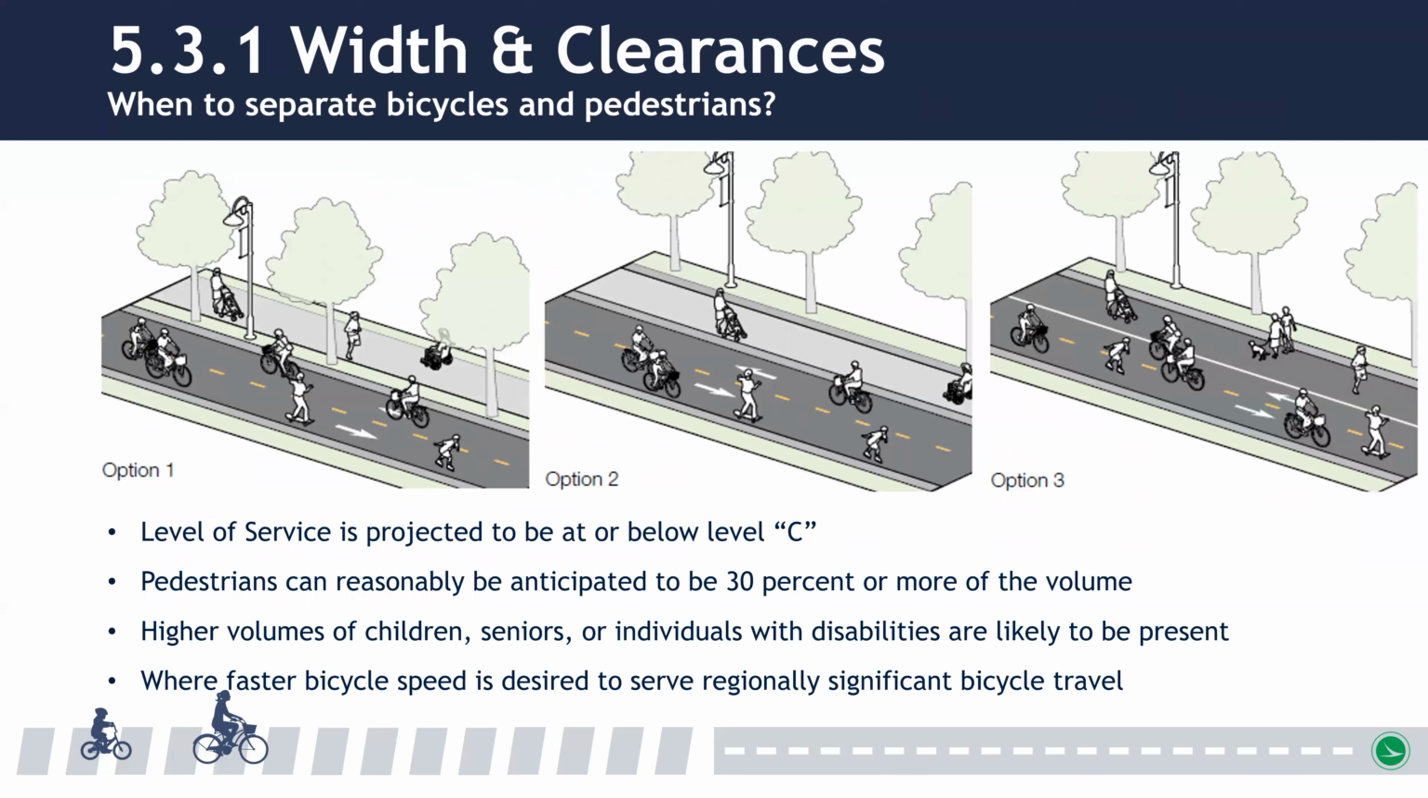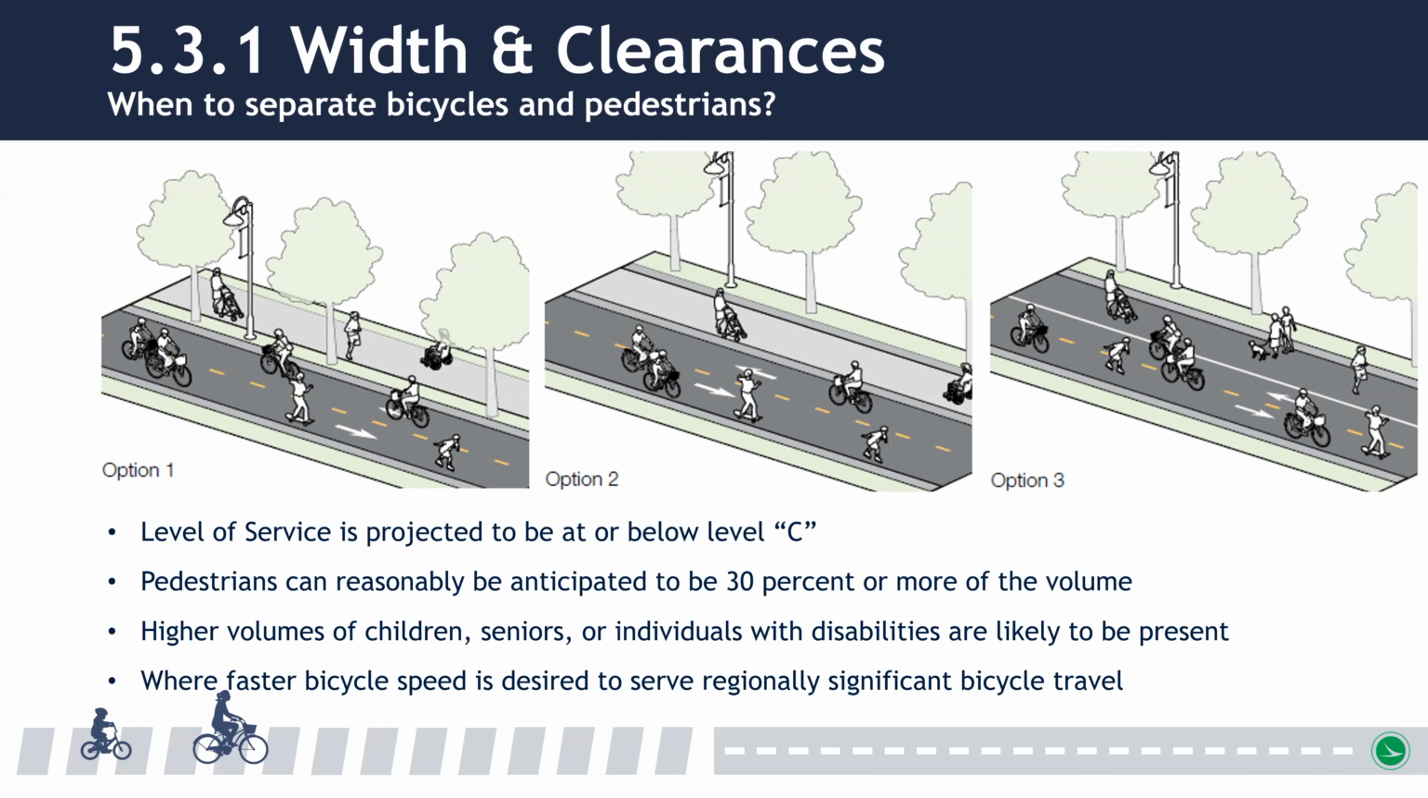The FHWA Shared Use Path Level of Service Calculator can also help designers to understand potential volume thresholds where passing movements between bicyclists and pedestrians will limit the effectiveness of the shared use path. To improve the comfort and safety of bicyclists and pedestrians, and to improve the efficiency of a shared use path for travel, separation of bicyclists and pedestrians should consider when level of service is projected to be at or below